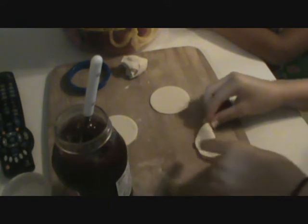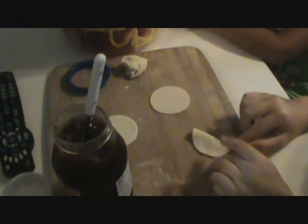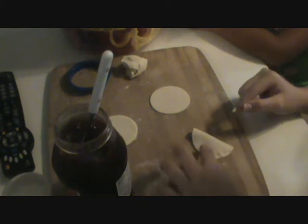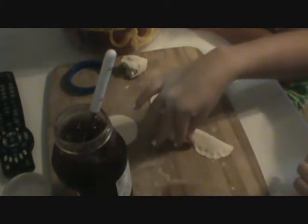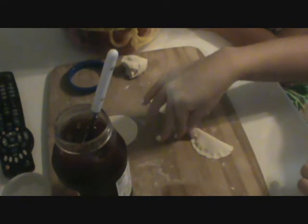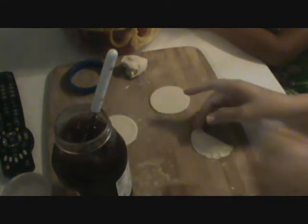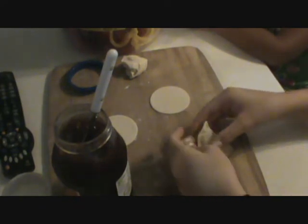So then you fold it in half, like a little pocket, and then with your finger, you just want to squish the two side doughs together, see? So it kind of looks like a dumpling and it adds some design to it. So it's really thin, and you're going to put that on the...